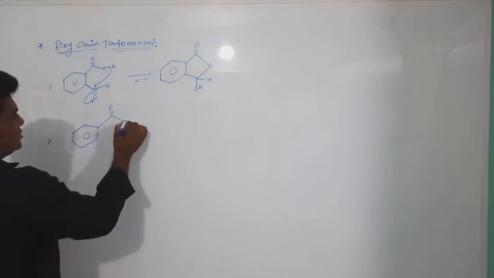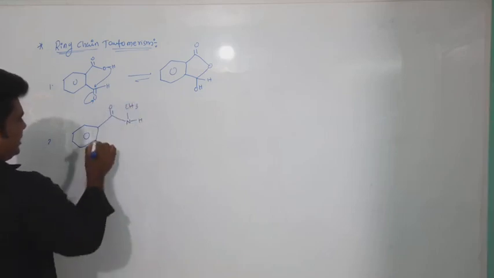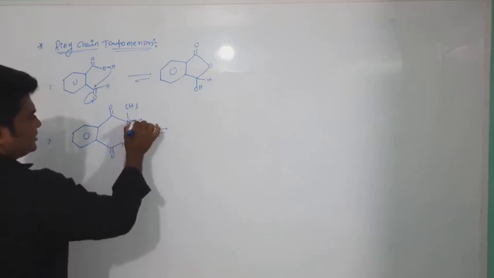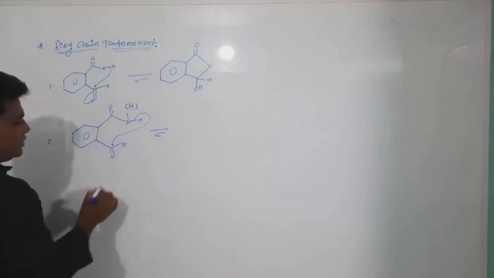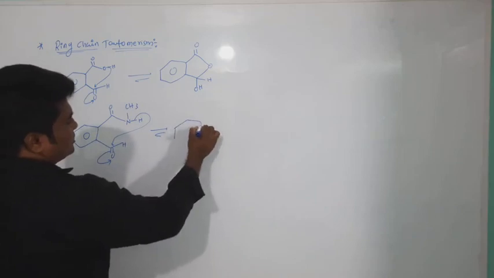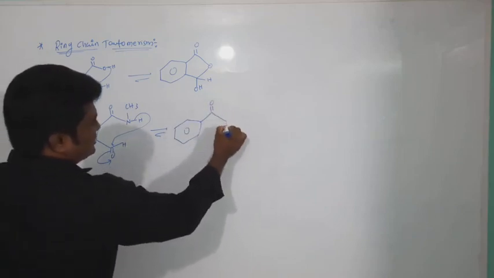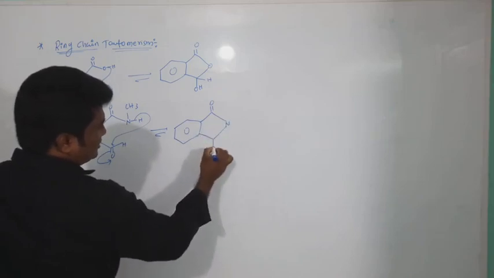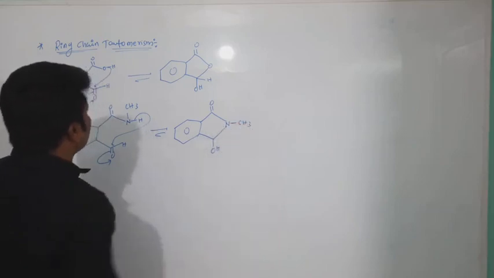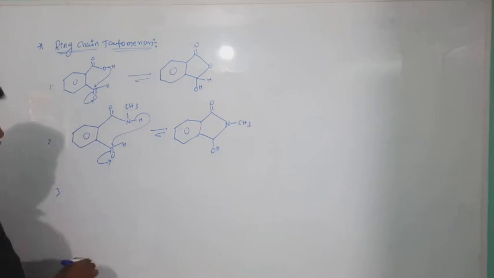Now suppose consider this is an amide, a secondary amide, and this is again an aldehyde. Here also the possibility is there to form a ring. See, this sigma electron is involved in the delocalization with this carbonyl group. Now this is the carbonyl group, now a double bond, this is nitrogen, and nitrogen bonds with this carbonyl group. And you are getting a ring here. This is called ring chain tautomerism.